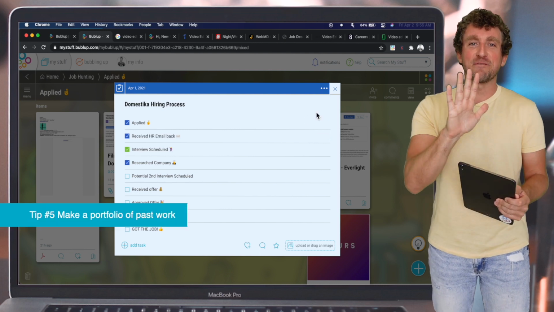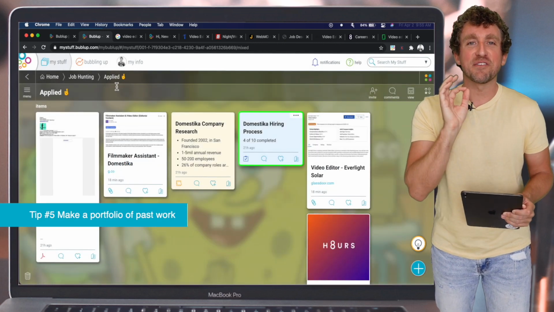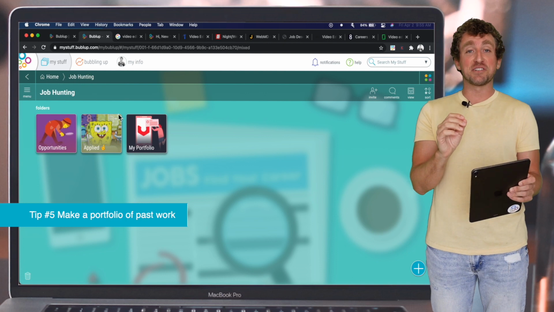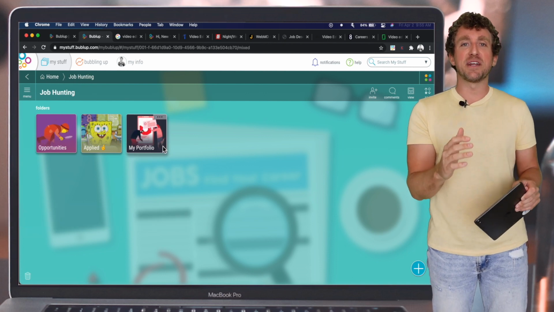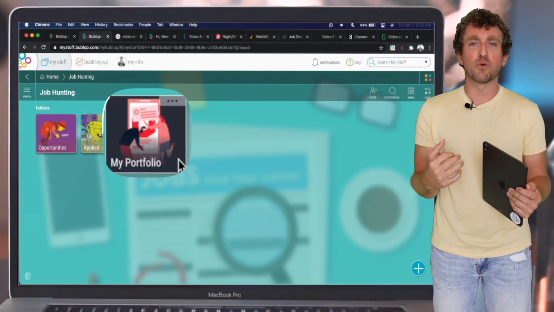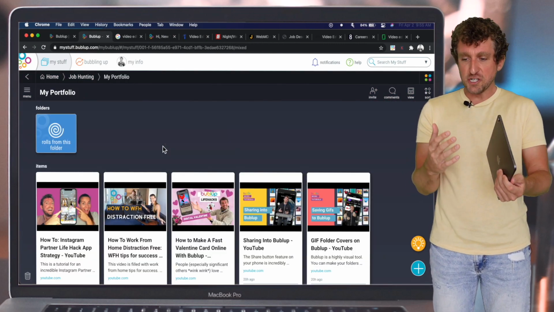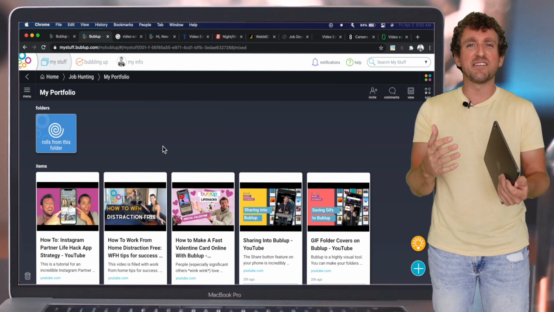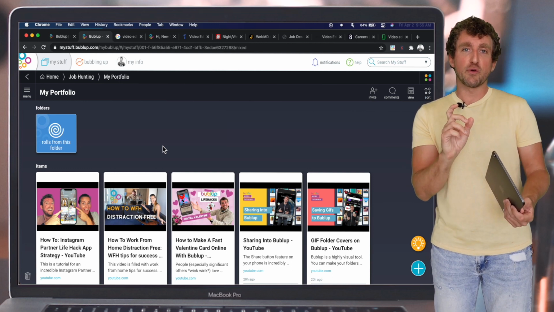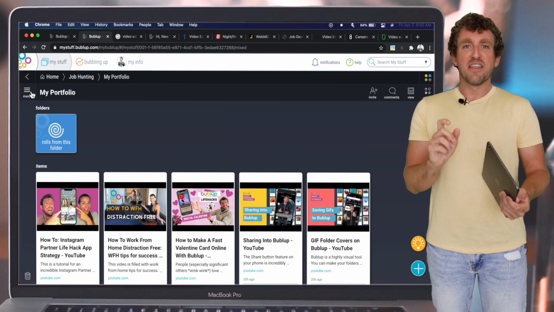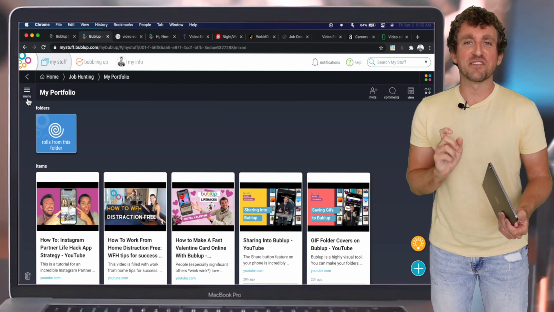And finally, number 5, a portfolio piece for your application. This is awesome, so check this out. In BubbleUp, I've created my portfolio. It's all of my creative work I've done in the past, things that I want to show a prospective employer that I've done, and I want to show it to them in a contextual and really easy to follow way. So I take all of my creative work, I place it into this folder. Then I go to the menu and I roll it into a single web page.